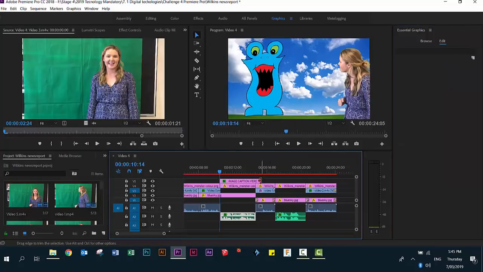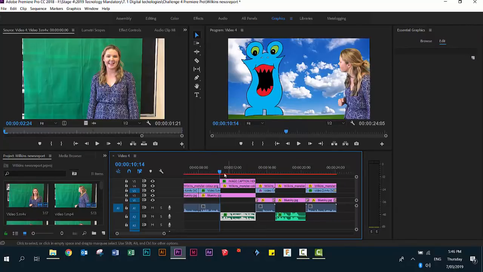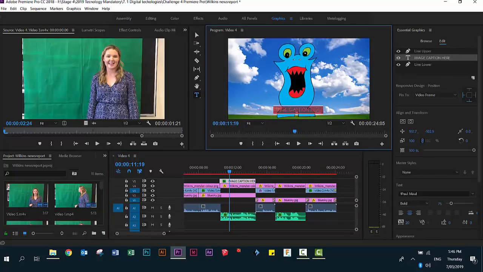I'm going to resize it so it matches the size of the other clips. Move your playhead along and you should see there's a space here for a caption. I'm going to double click in here, and my monster is called Monster Warrior 1. I can do some adjustments to that. So if I highlight the text,